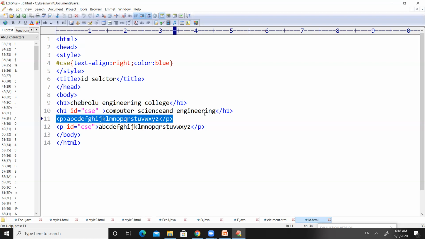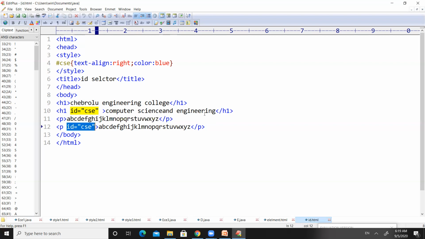So these A to Z letters will be in black color and in normal paragraph size. Here we have used the same paragraph tag, but with the attribute ID equal to CSE, so we have an ID selector here. When we use ID equal to CSE along with the tag name, it may be H1, H6, a paragraph, bold, or any element.